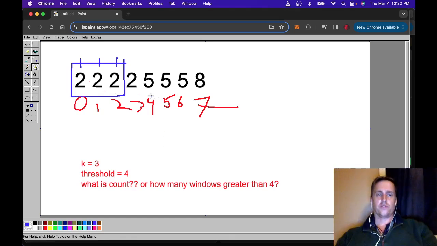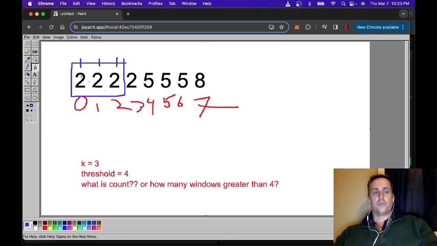So greater than or equal to 4, the average. So 2, 2, 2 is 6, divided by 3 is 2. So the average is 2. So this does not satisfy the threshold. So